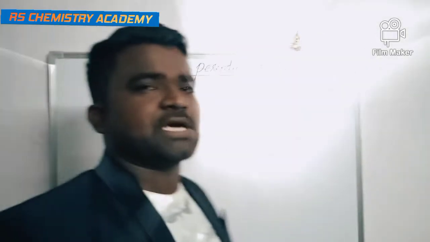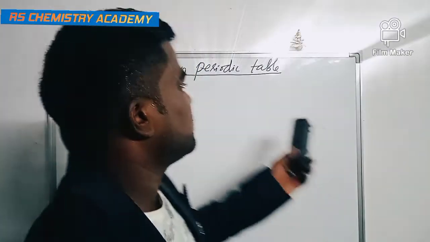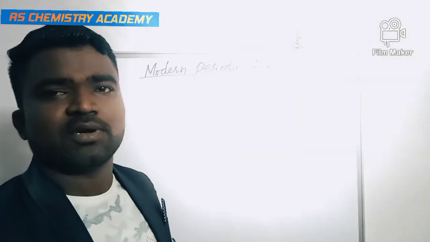First of all, if they ask any questions from the chapter, we should know the table construction first. Only after getting the table can we answer the questions for that exam. So here we will discuss how to draw the periodic table and how to arrange the elements in the table. We should know the construction of the table and the arrangement of elements. So first of all, I'm going to draw the periodic table diagram.